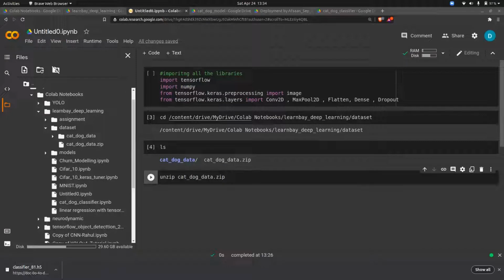Unzip that dataset, dataset.zip. Unzip, space, the name of the zip file that you have put, and run that.